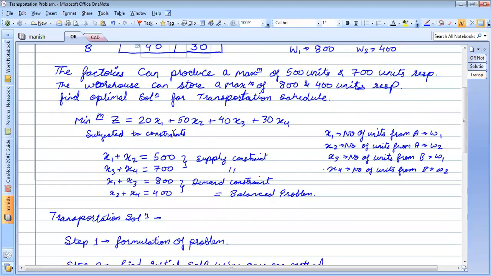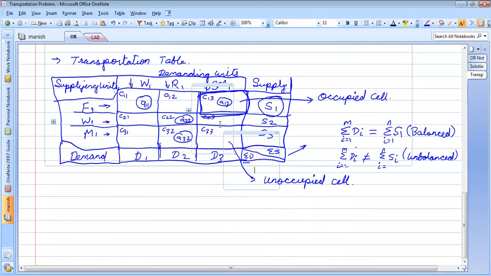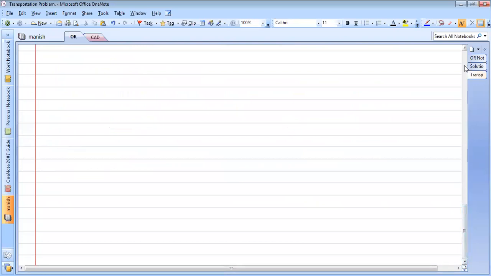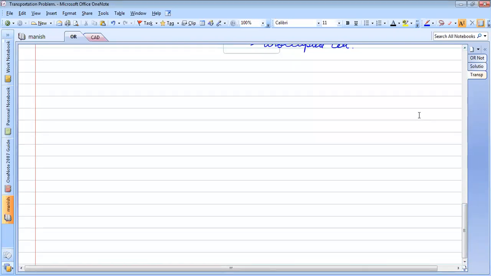This was my problem. If I convert this problem into the mathematical equation or the transportation problem, we have two factories. For the solution of the problem, the first step is to formulate the problem. Formulation we have already done, so you don't need to formulate here.